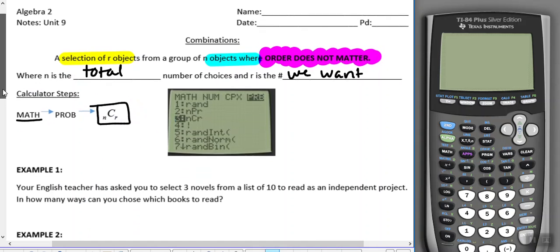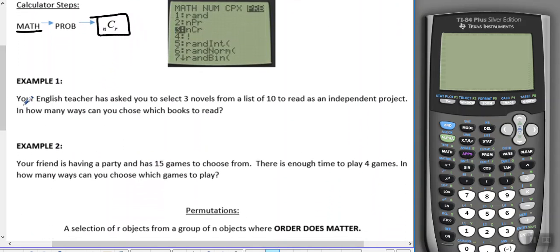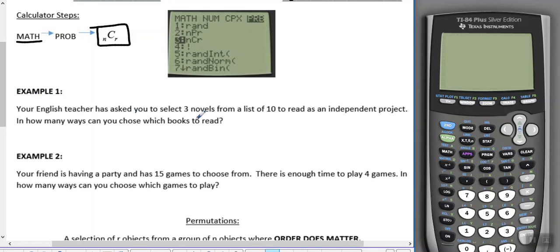So if we look at our first example, your English teacher has asked you to select 3 novels from a list of 10 to read as an independent project. And how many ways can you choose which books to read? So if you have a list of 10 books, does it matter if you read one of the books first versus one of the books second and third and fourth? No, because the teacher just wants you to read 3 books total. So in order to find this out,